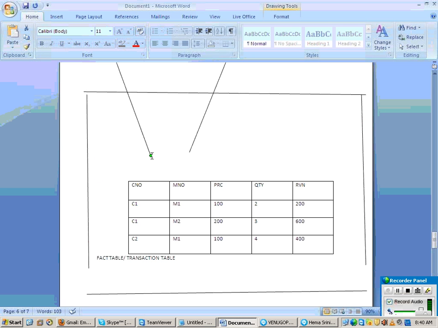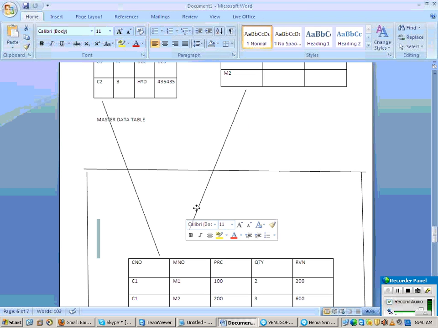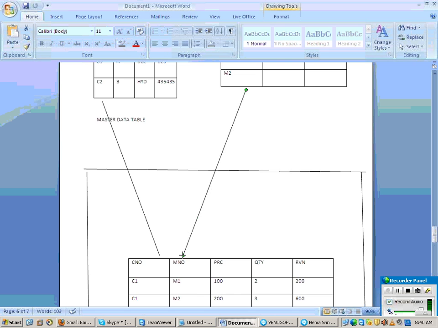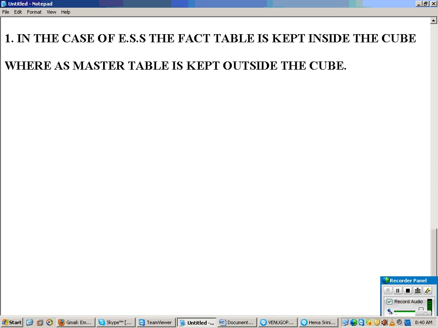Right. So now the first drawback is overcome. Can I connect this master table to a number of cubes? Yes. So now your master data is reusable. You can reuse this master data and connect it to a number of cubes. Okay, right. Now the second one. The second one was processing performance, right?